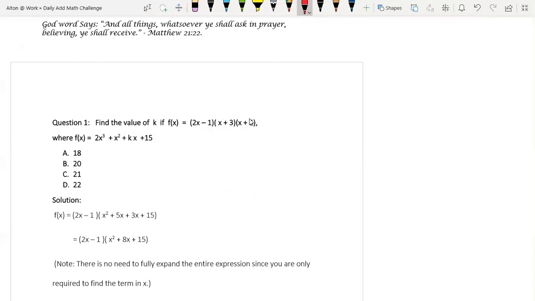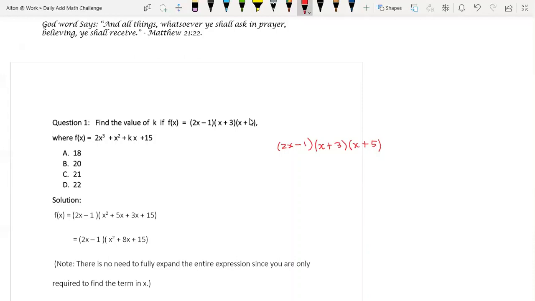Right, so let's take it from the top now. That was my solution. Now let's take it from the top. So I'm given 2x minus 1 multiplied by x plus 3